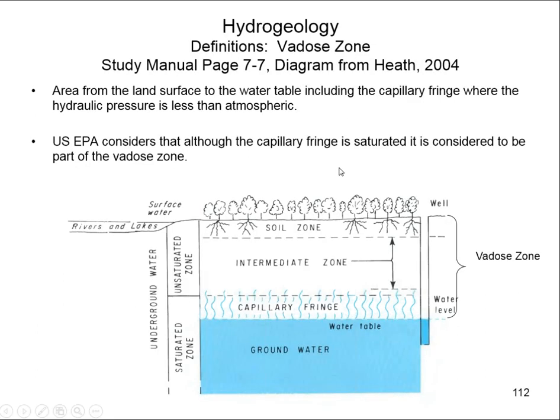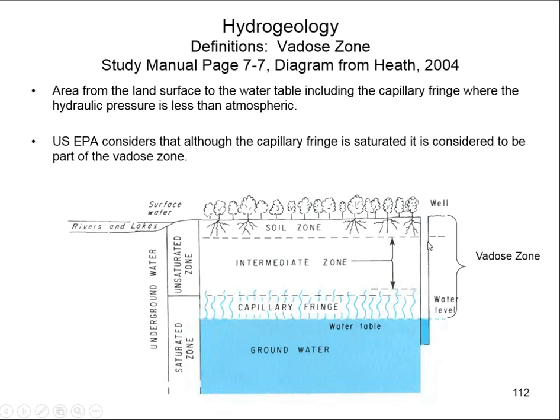So looking at a definition, vadose zone. The vadose zone is measured from the ground surface to the water table. It includes an unsaturated zone and saturated zone. So when the terms unsaturated zone and saturated zone are used, it's not always clear what that refers to. Is the saturated zone measured from the water table? Well, it does include the capillary fringe, which is saturated. So rather than those terms, I like to think in terms of pressure surfaces,